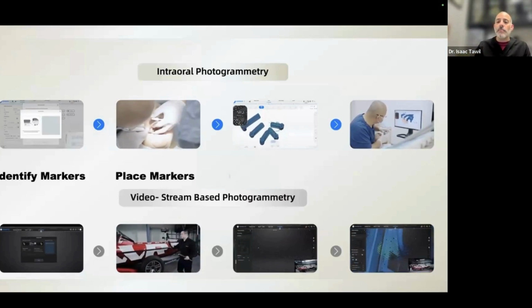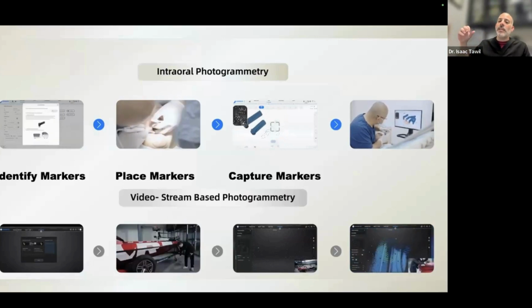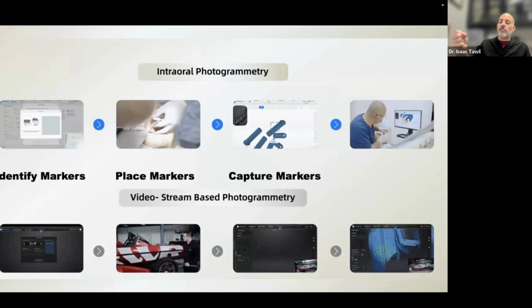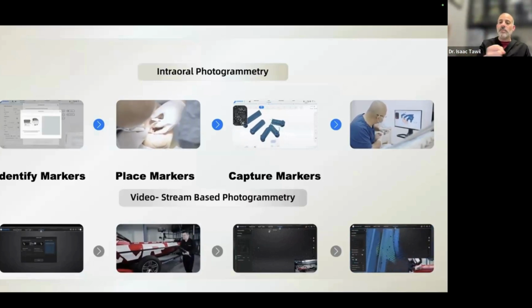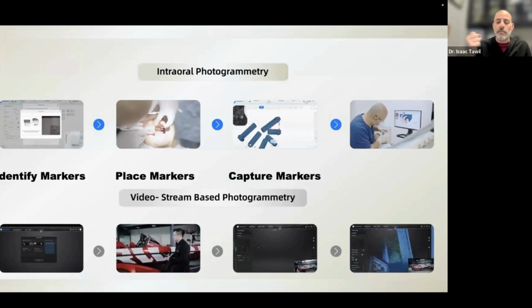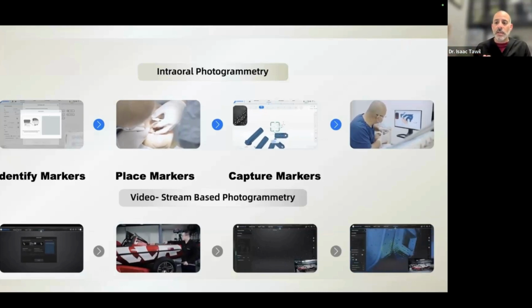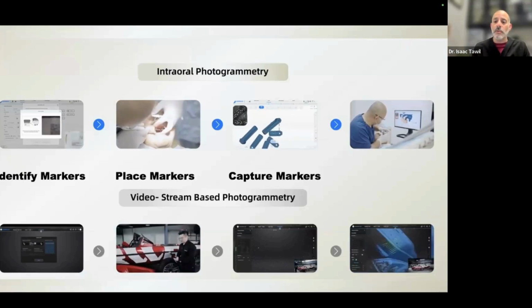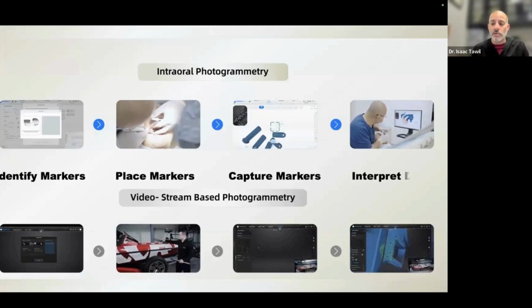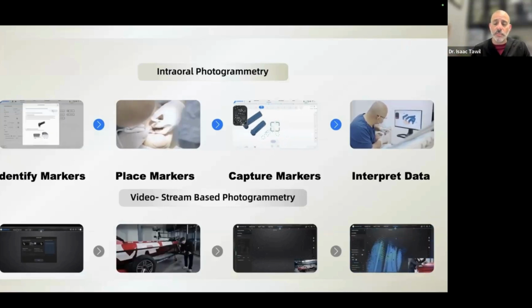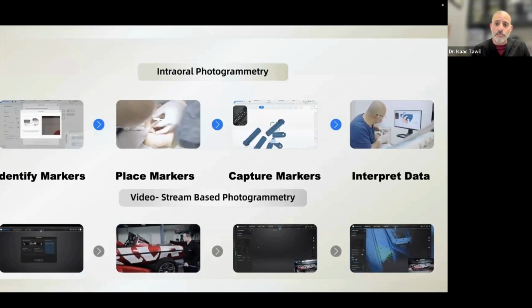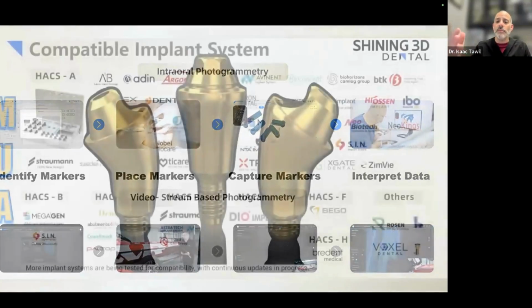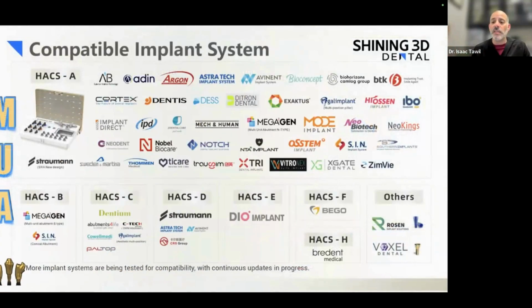We then pick up our magic wands and we go ahead and we capture. In the industrial sector, we would use these handheld devices that go around the boat, around the building. In the mouth, we're using an intraoral scanner basically that has this photogrammetric component. And then we can interpret all that data inside the software to give us the precise implant position or multi-unit position. And we work with all of these different companies. We have different kits. Some are available, some aren't FDA approved just yet, but this is all what's coming.